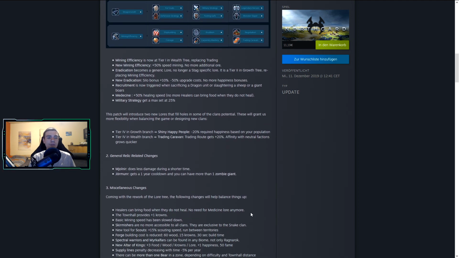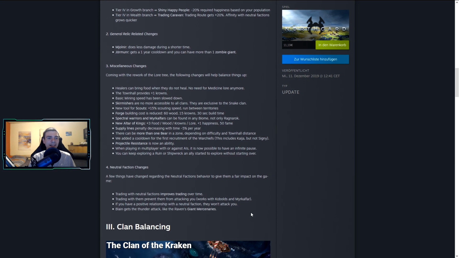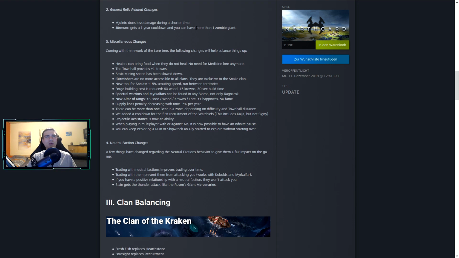Let's go into the relic related changes and miscellaneous changes. Starting with the relic changes right here will be Mjolnir doing less damage and during a shorter time. So I heard from other players that this was quite a drastic change, and Mjolnir definitely lost a lot of his power right there. I yet can hardly imagine how it should be a completely useless relic, because